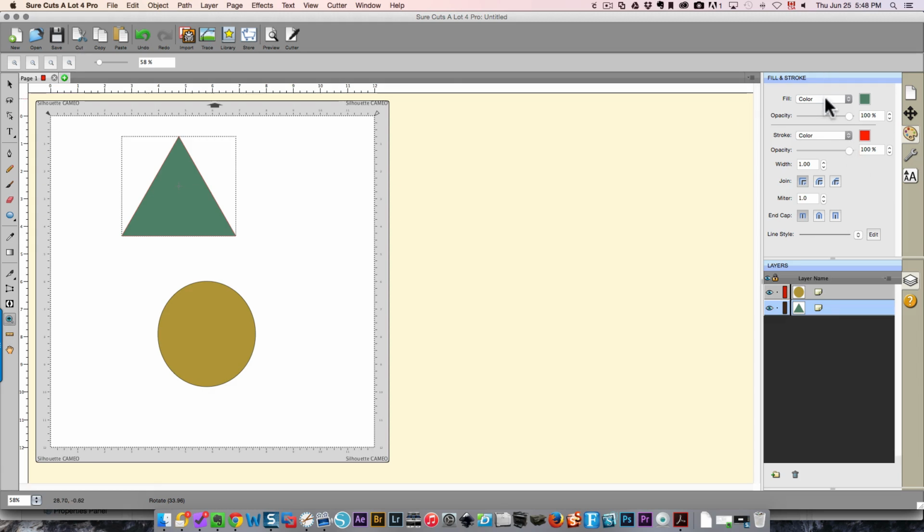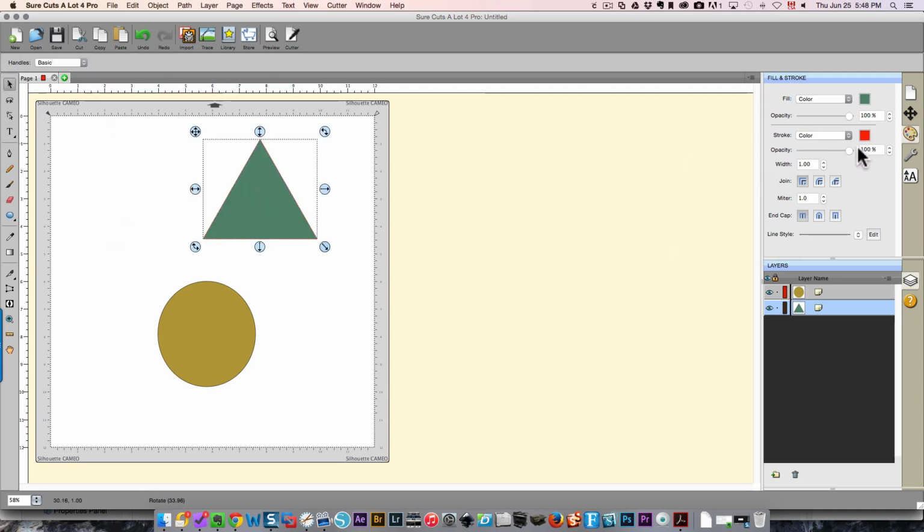So there are some other choices here that we'll get into later on. You can either have no color, you can have a pattern, or you could have a gradient as well. And under stroke, you can have color, none, or a pen color. You can change the opacity of your color, and what that means is the intensity of your color. If I bring it over,